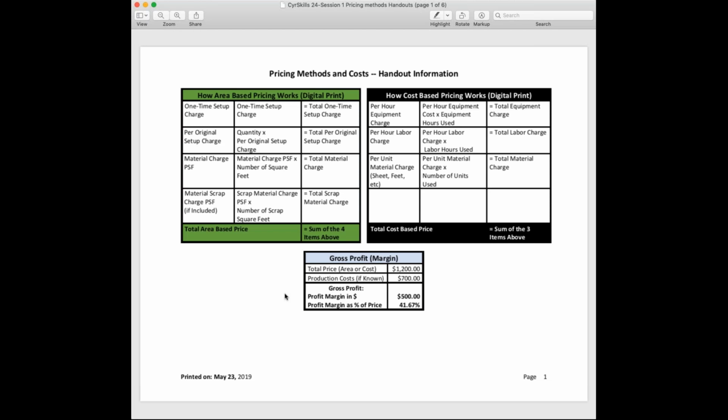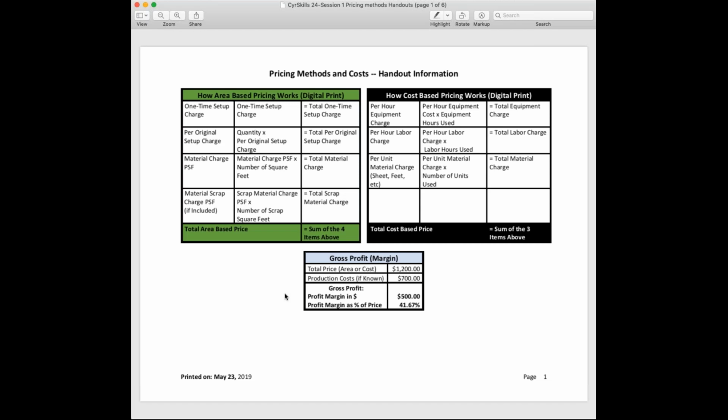And without costing involved, you really have absolutely no way of knowing what your gross profit is on a line item. It just simply can't be done unless you have some way of doing that behind the scenes. So your price is overstated if your costs aren't accurate or don't exist. Your price is understated if you're not doing anything